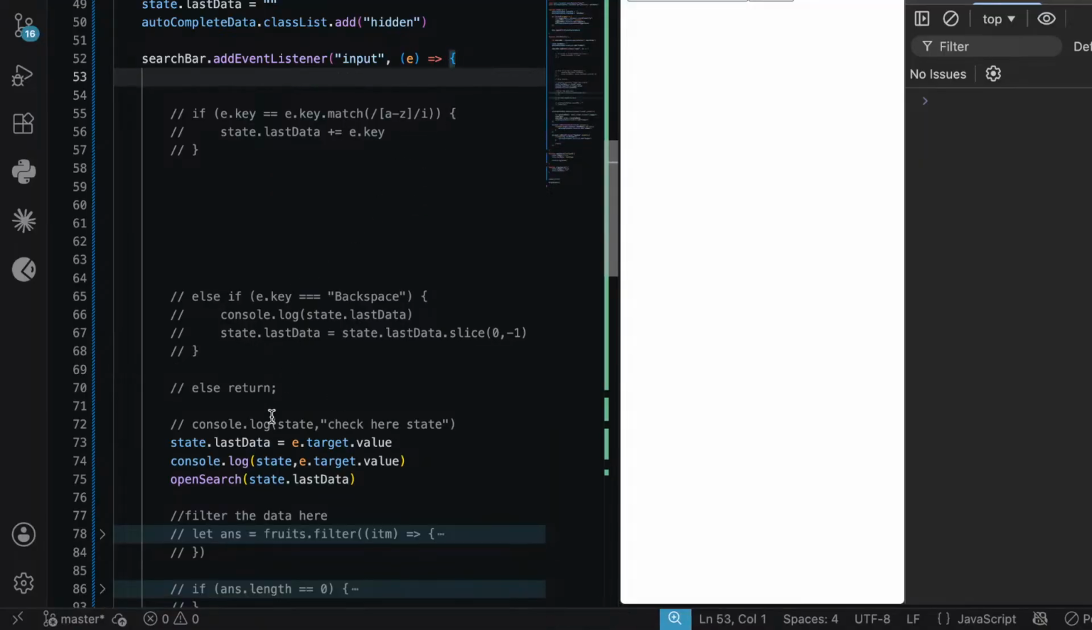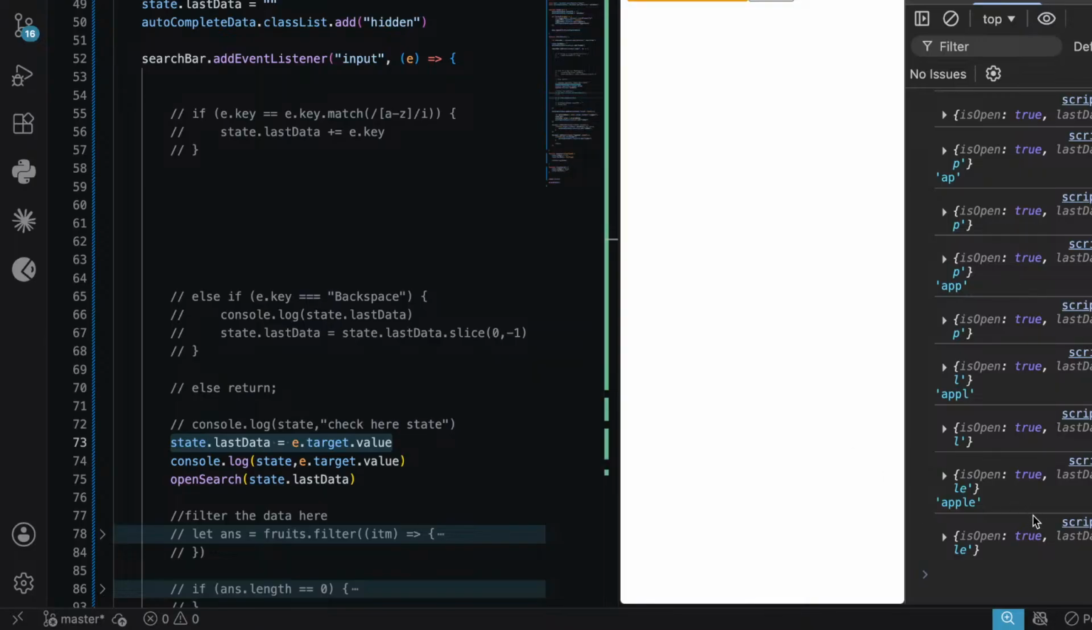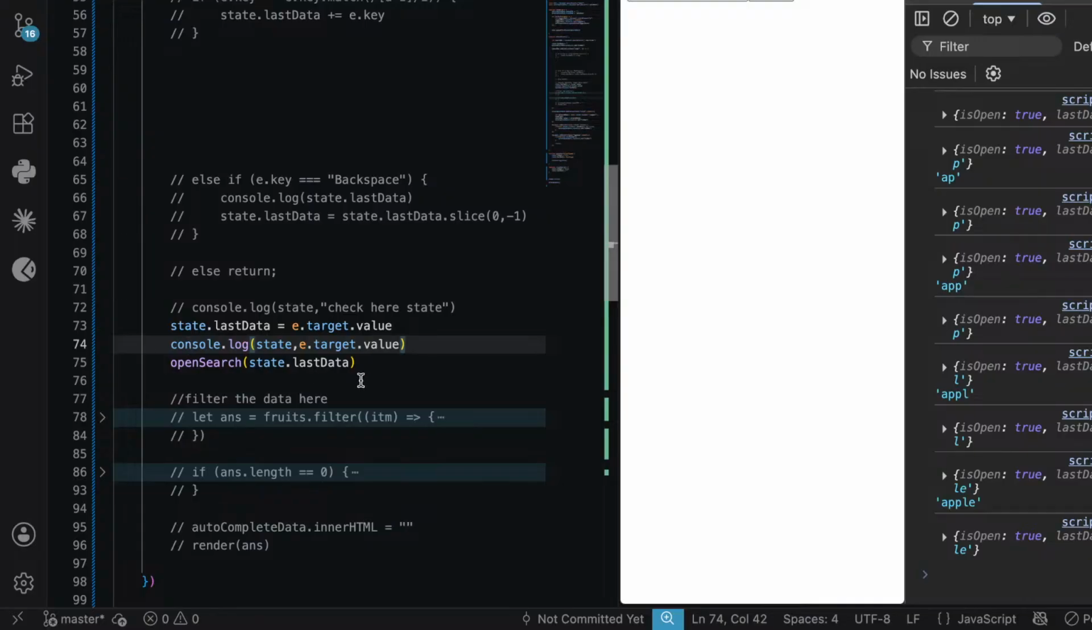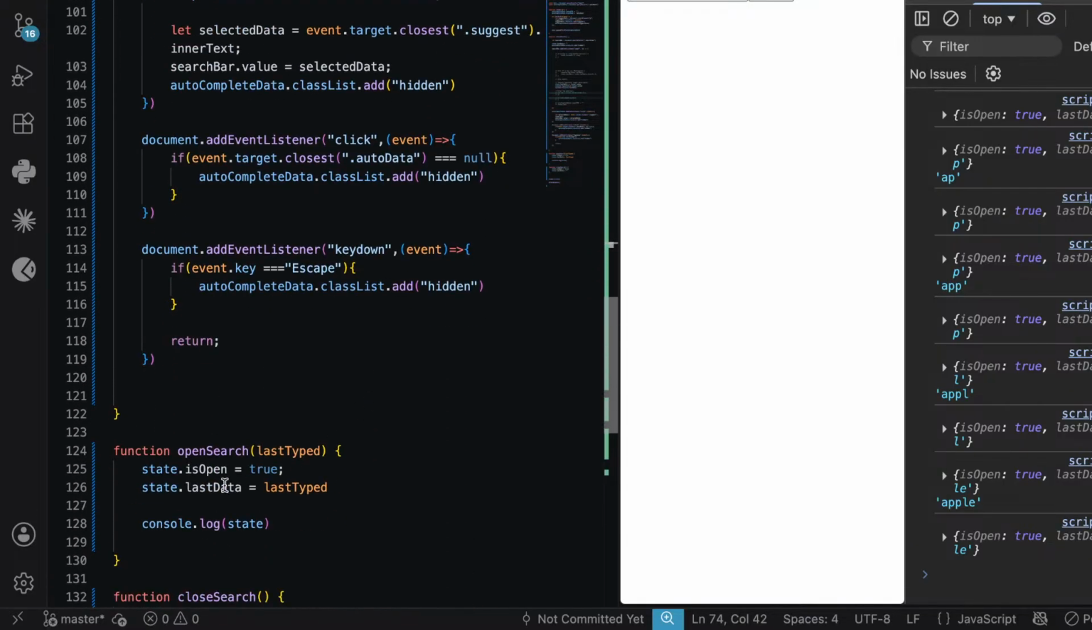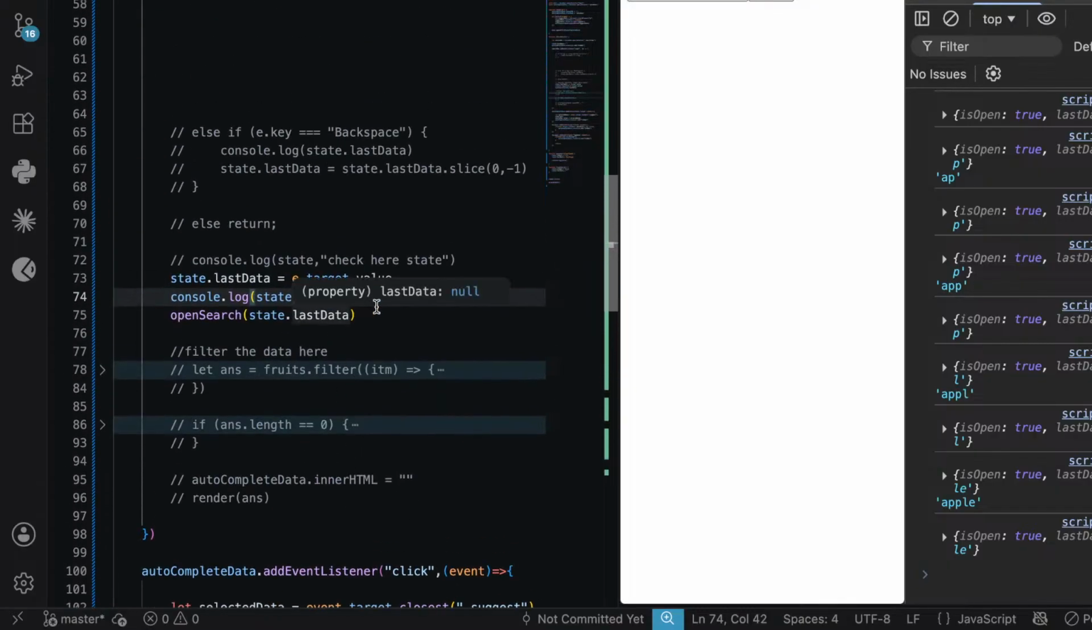If this works fine, we can remove all this if-else cycle. Here we have an a, right? Sorry, not a, we have tried the z, right? If we type a p p l e, after that we can see the last data equals apple. Okay, it's fine, working fine, good to go. We have the open search, and instead of open search, the last typed data is